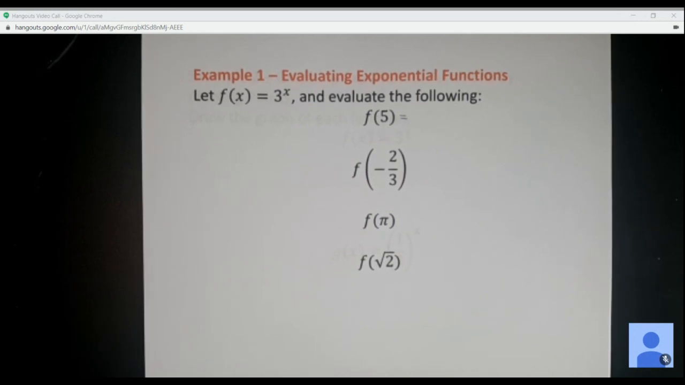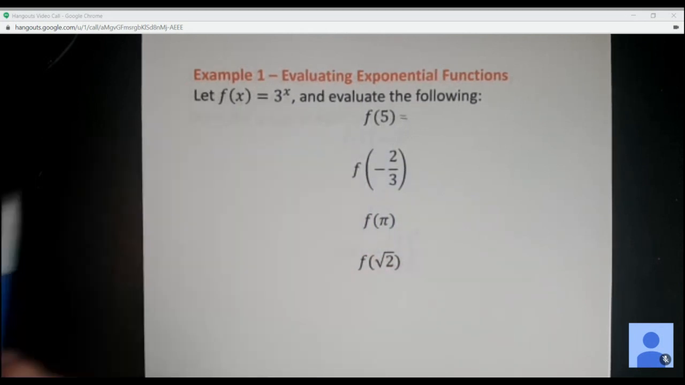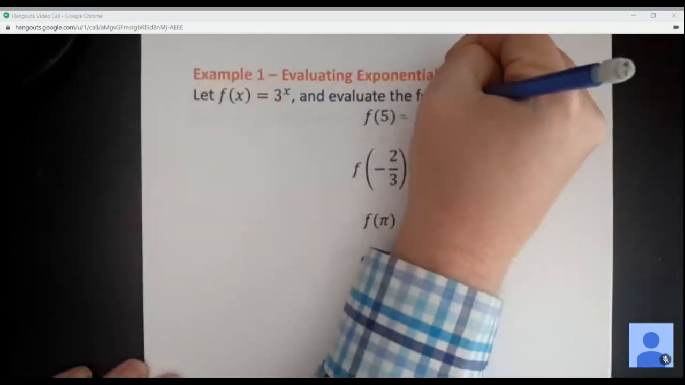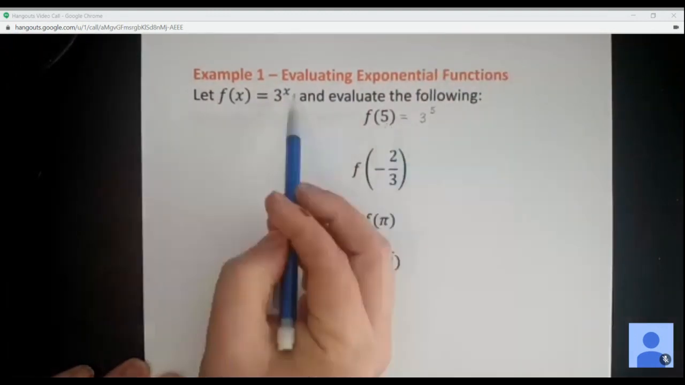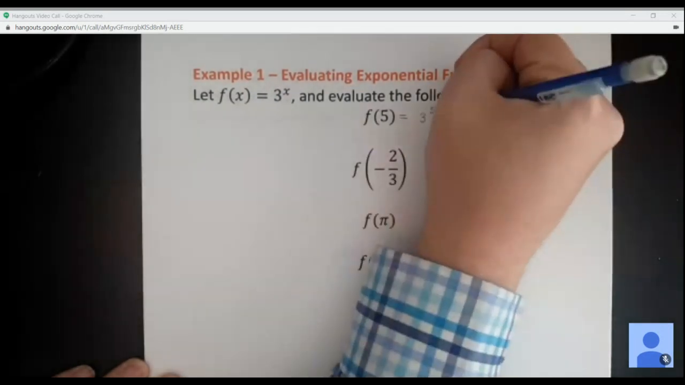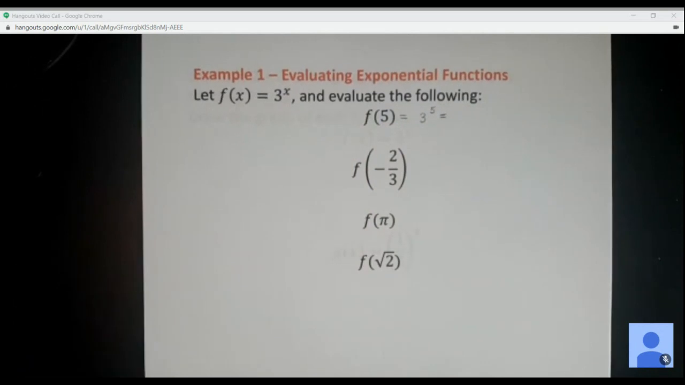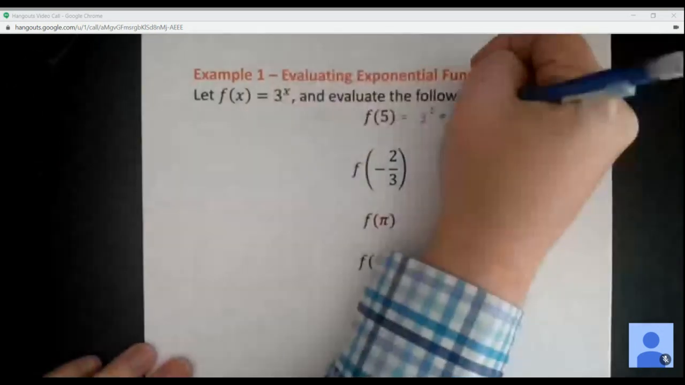All right, so if we look at the first one here, if we want to find f of 5 and our function is 3 to the x, what are we going to do here to calculate f of 5? Good, so we're just going to do 3 to the 5th power, right? Because the 5 now goes in place of the x that's in the exponent, so this becomes 3 to the 5th. So what are we going to get if we do 3 to the 5th power? Good. So this should become